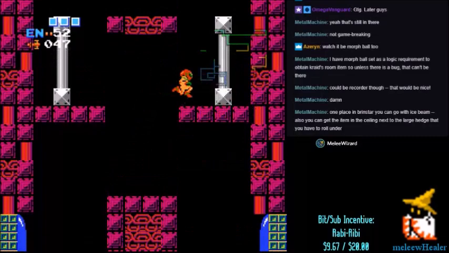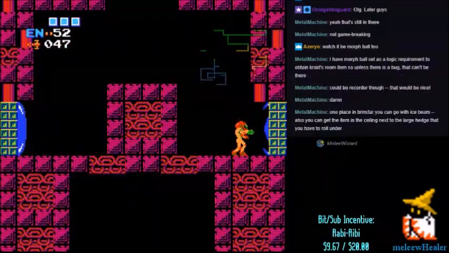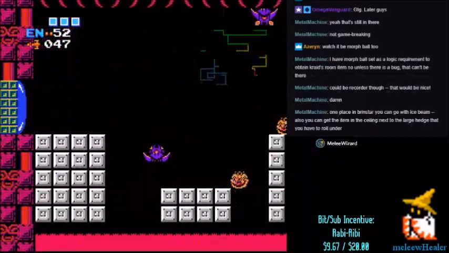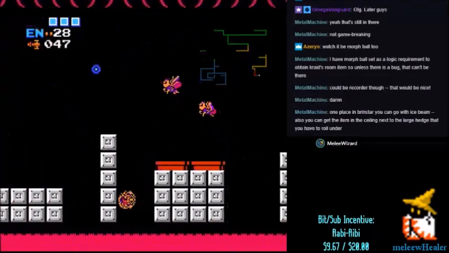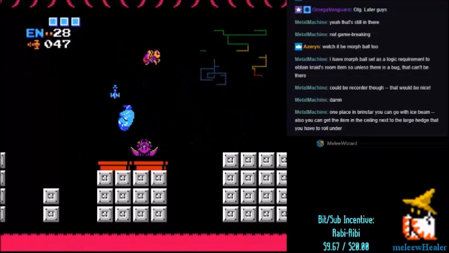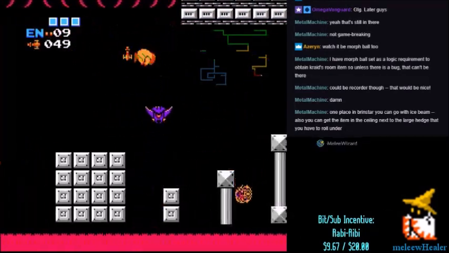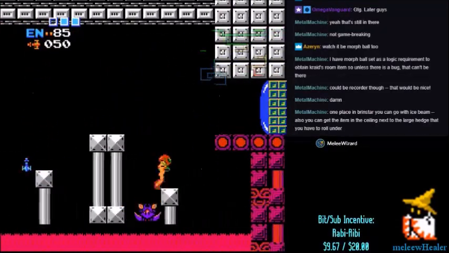Oh, right, yeah, there, that is that. Yeah, but the thing is, in order to get to that spot, in order to get him to go the way you want to, you need to come in there from the right, which requires the morph ball, unless there is another way. Because when going into that one from the left,